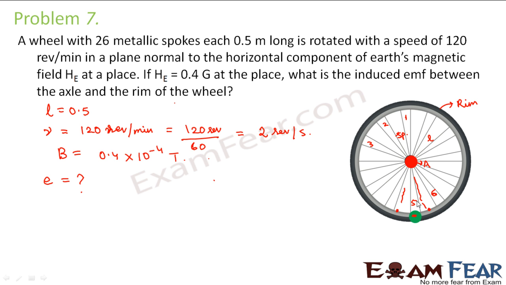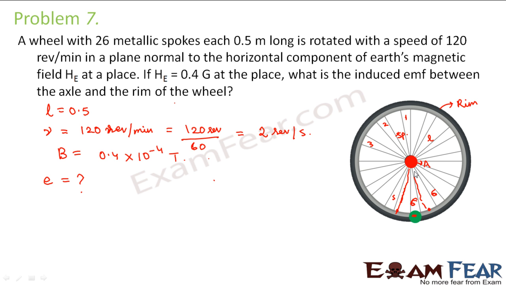Then after some time the 6 will come here, this will be 6 and 5 will go here, right? So what will be the area covered in this case? The area covered will be 0. Again after some time 6 will go here, 7 will come, so again the area covered will be this much. So that means in this case your area is changing, there is no doubt. But how the area is changing? Once the area is 0, once the area is dA, again the area is 0, again area is dA.